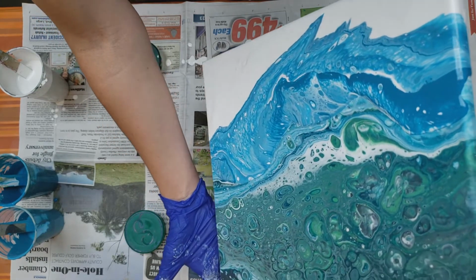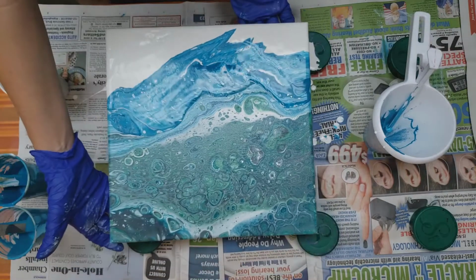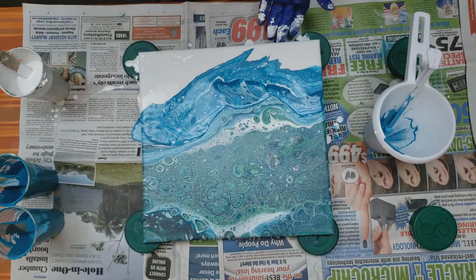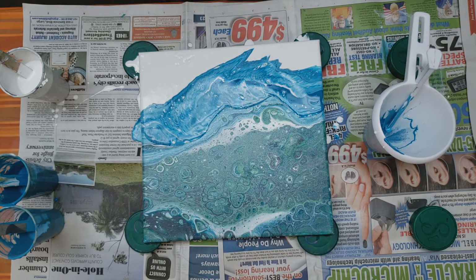It's nice how those colors, it was just white and two colors of blue, and when you do a technique, it blends them all together really nicely. So what I'm seeing right now is I've got some areas where the white is a little bit thick and it's creating some kind of dimples. I'm hoping that that'll level out as it dries. We'll see how it dries, but so far